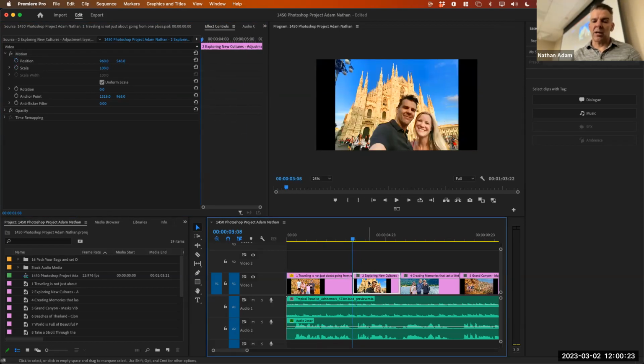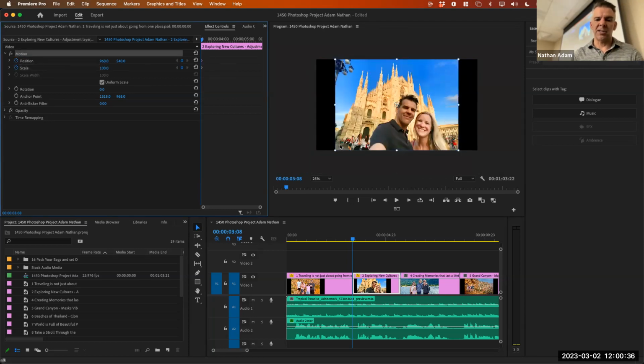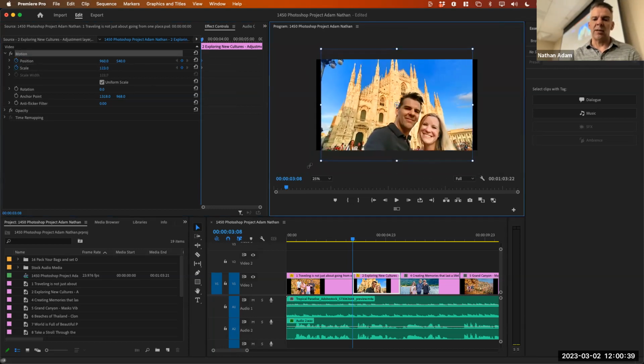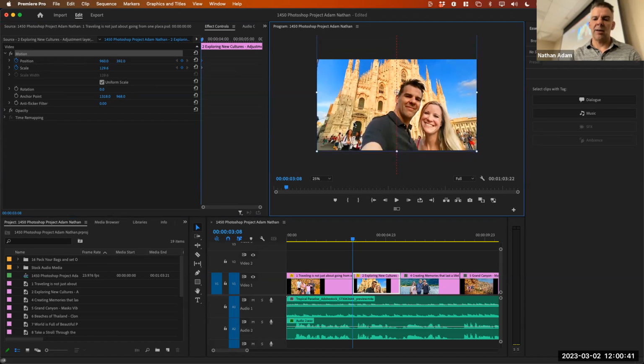So for all of these, we're going to go through and create some animation. Now, here's one thing. Don't worry about black bars for now. We'll fix those separately later. But I'm going to start with this one, and maybe I want to add my position and scale. Choose my position, and I'm going to start with a nice zoom in on Jamie and I, and turn this just into a down arrow,